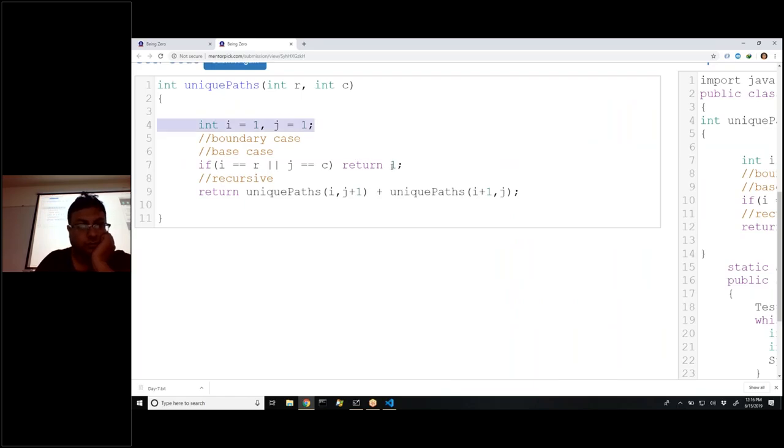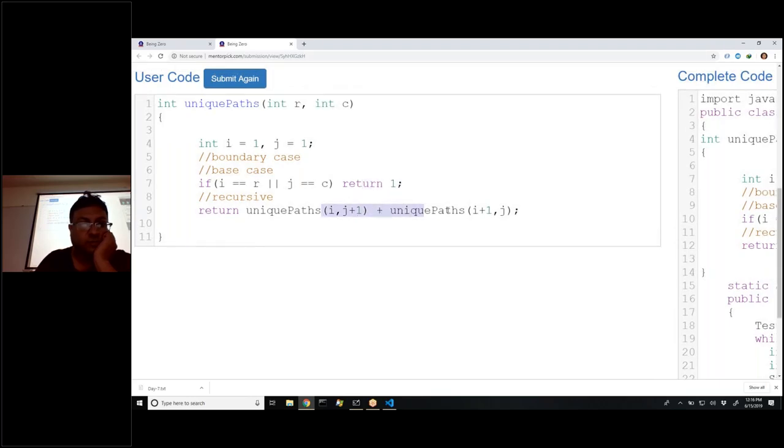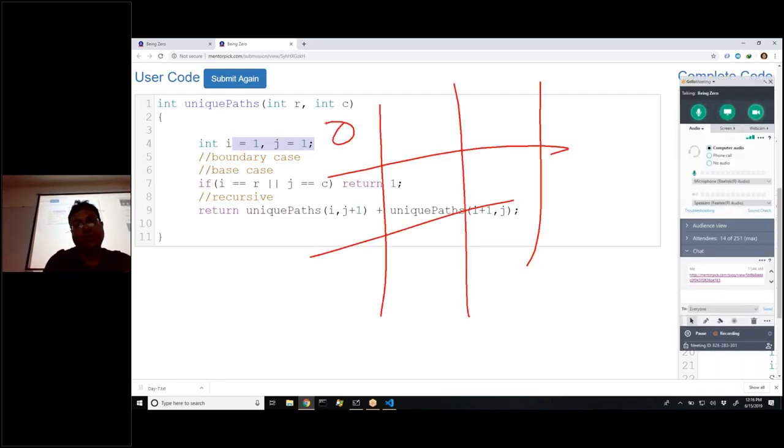If this is return 1, Savita, what are you doing? You are going from up to down or down to up? Then this is wrong, right? It will not be 1 1. When you are coming from here to here, this is your base case, isn't it? And at this case, your I will be,